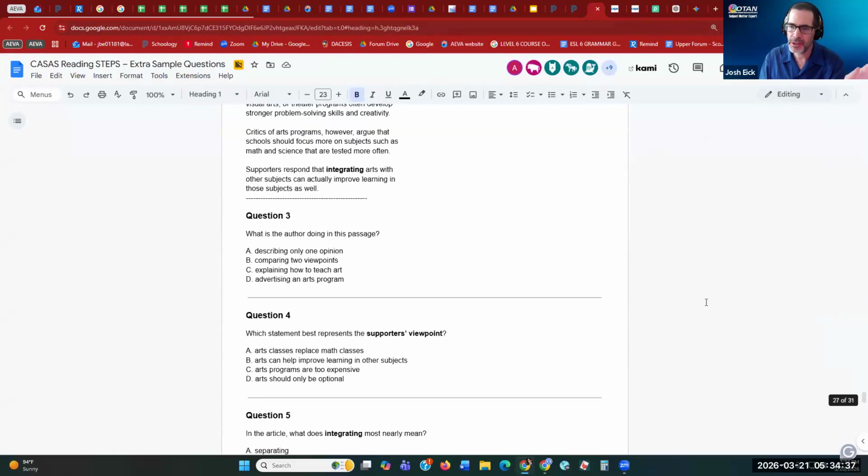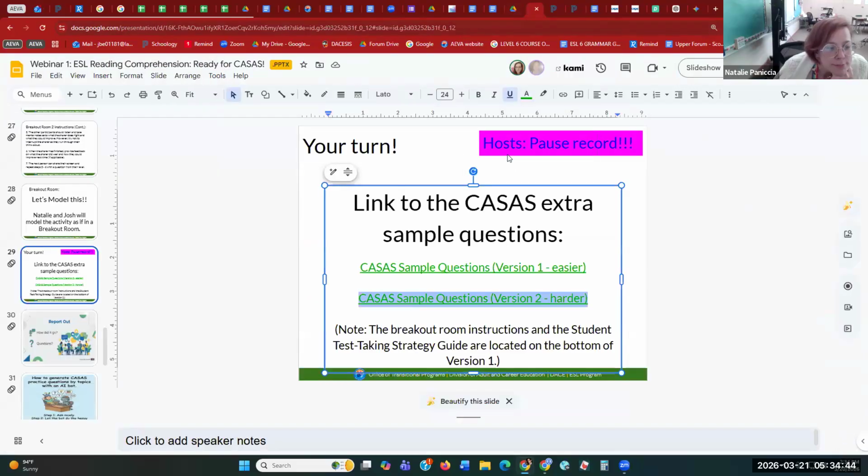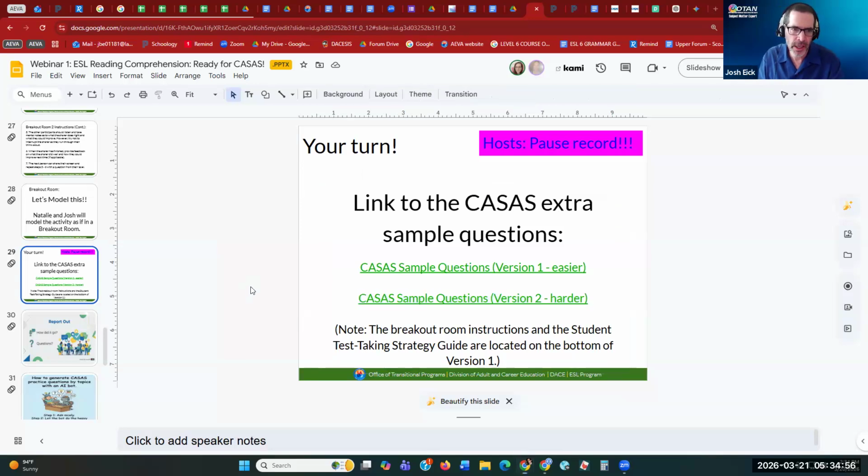Okay. Are there any questions before we put you into breakout rooms to practice think alouds? How much time? So it's getting late. I wish we had more time, but I think we're going to have to limit this to 15 minutes. We'll make the rooms small so that way we can guarantee everybody has a chance. Natalie, Dave, 3 people? Let's do 2 people, or 3. 2 or 3. Okay. All right, let me stop sharing. Let me pause record.